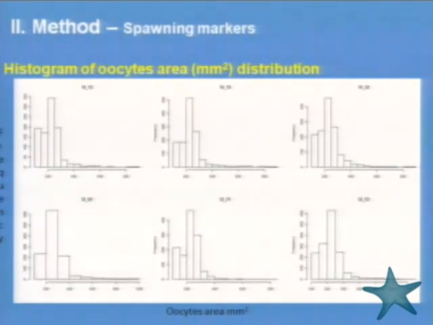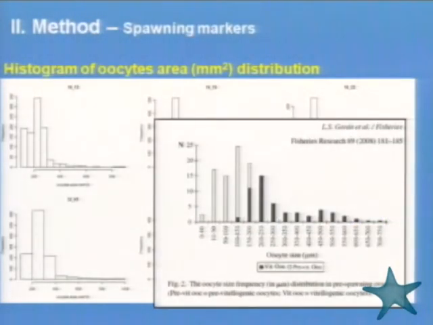Okay, these are our results and a part of our method. We plotted the whole oocyte distribution by size of the 39 ovary samples. This is the oocyte size distribution of horse mackerel from a previous publication of Gordo et al. And we can see here, according to the comparison of the figure of the paper with the oocytes,